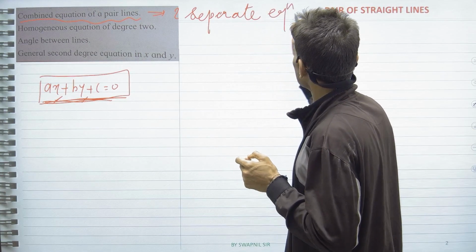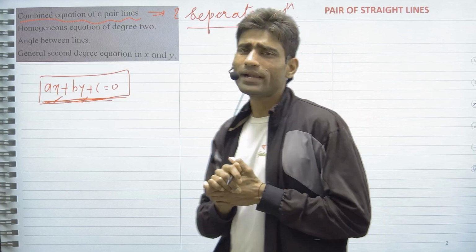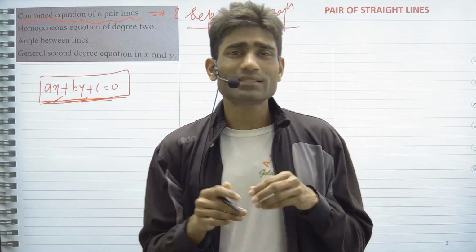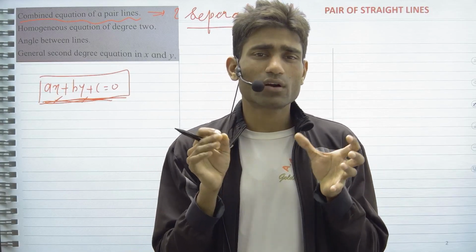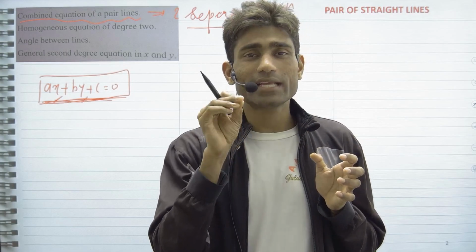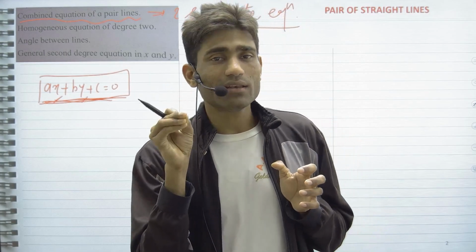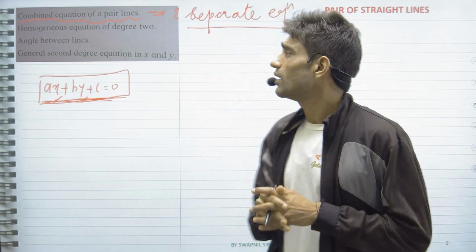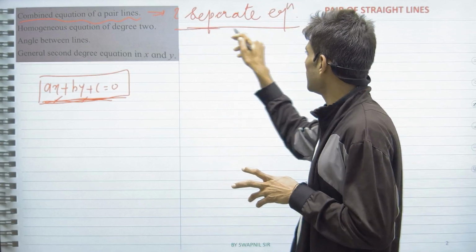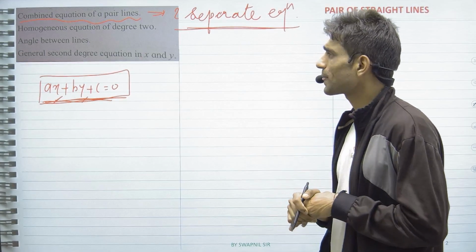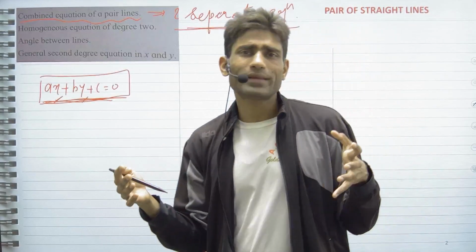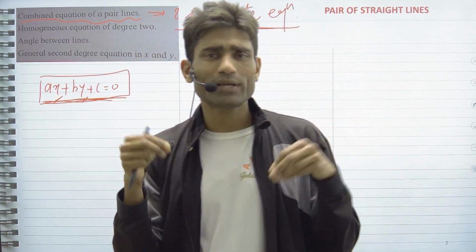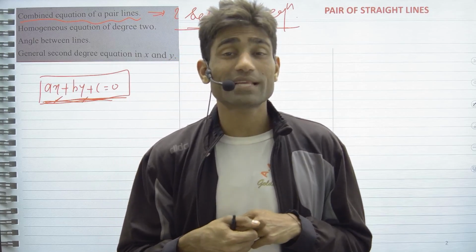Two separate equations, what do we call them? Two separate equations. That means two different combinations for one line; we consider converting it into two different lines. So we consider them as two separate equations. And whenever we have two separate equations and we take them together, it comes as the